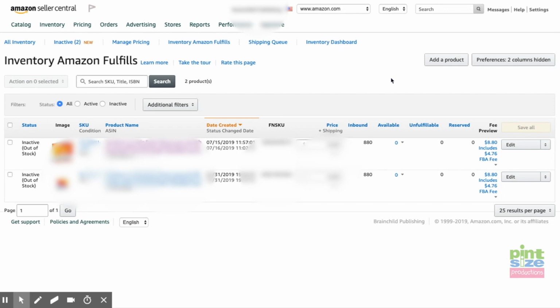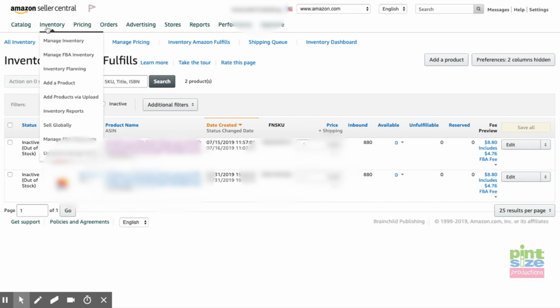So once you've set up your product in Amazon, the next step is to ship your inventory to an Amazon warehouse if you selected to have Amazon fulfill your orders. If you are fulfilling your own orders, you don't need to do this. You would just fulfill the customer orders as they come in. But if you've chosen to use Amazon FBA and have Amazon take care of order fulfillment for you, here's what